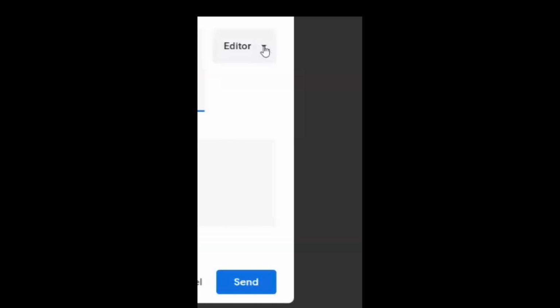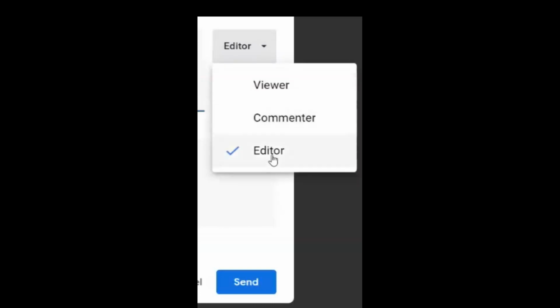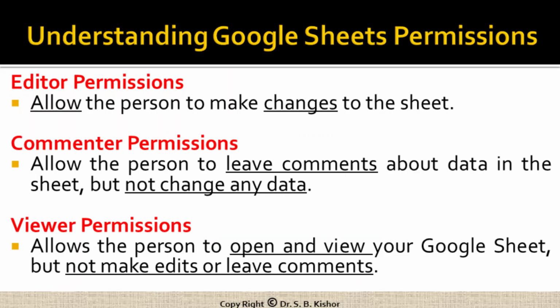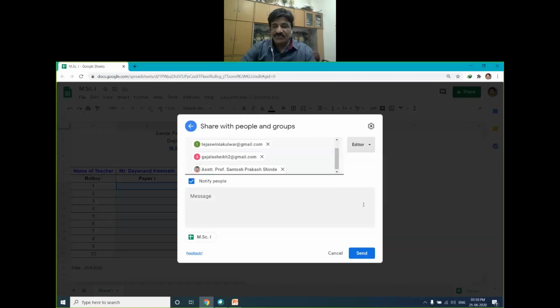Here the option is Editor. Editor means they are going to work like an owner of this document. Okay, later on we will change it.